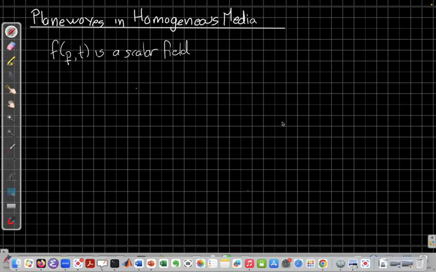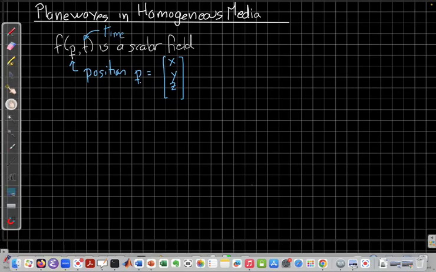Okay, so again, our topic for today is plane waves in homogeneous media. We're going to assume that f_p(t) is a scalar field, where p is the position vector. So our usual coordinates, p is x, y, and z in Cartesian coordinates, and then t is our time value. And we're going to now look at the special case where we assume that our field contains a single propagating plane wave, so a plane wave at a single frequency with a single direction